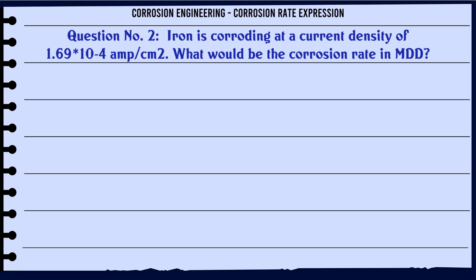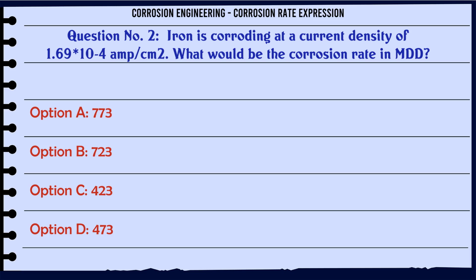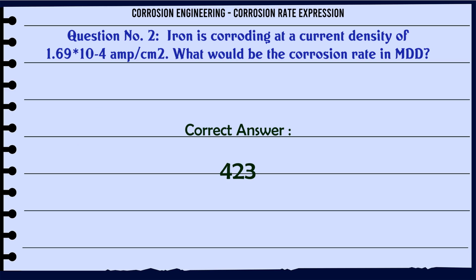Iron is corroding at a current density of 1.6910 amp/cm². What would be the corrosion rate in mdd? A. 773, B. 723, C. 423, D. 473. The correct answer is